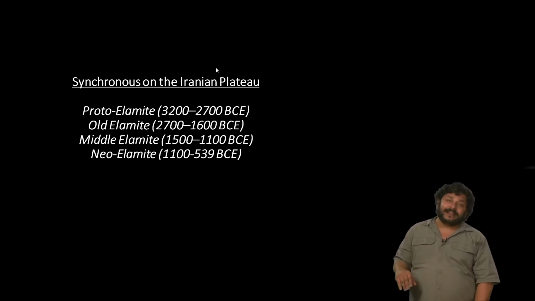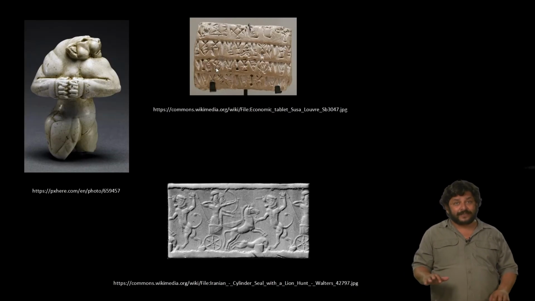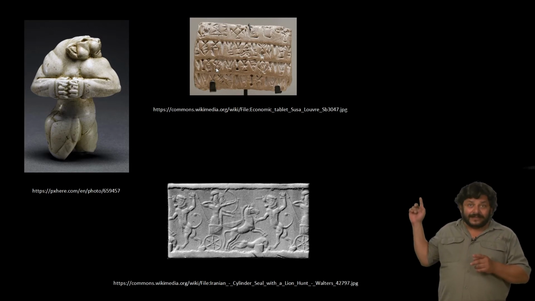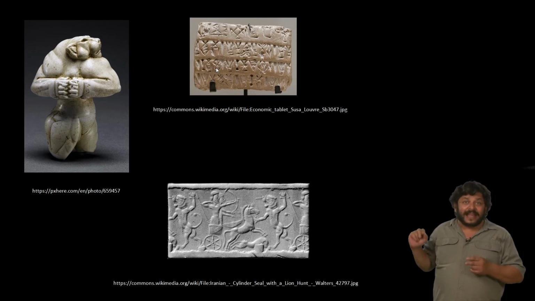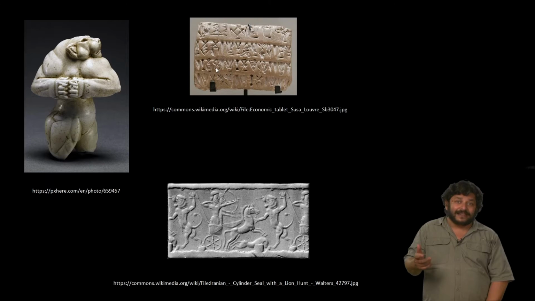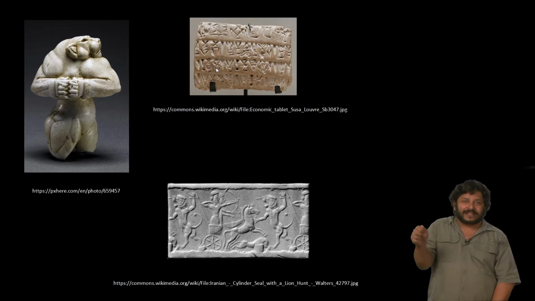But what is happening in Iran at the same time as the Indus Valley civilization is the creation of other kinds of artifacts, but most notably writing. The tablet you see on top actually contains writing that has been deciphered. What you see at the bottom is a seal, but not the object of the seal, but a sealing instead, a seal which has been used to impress clay.